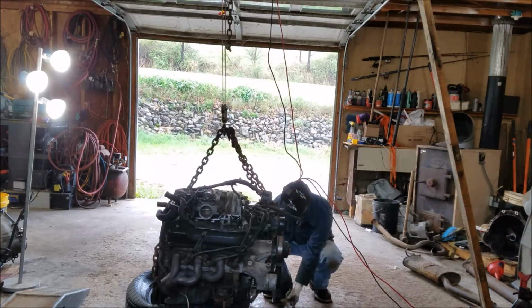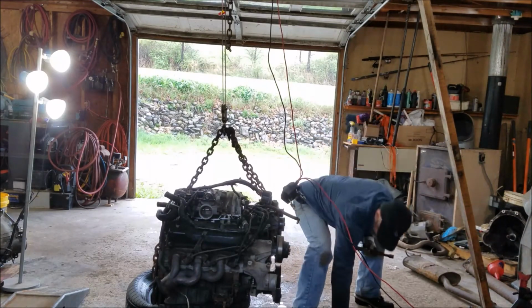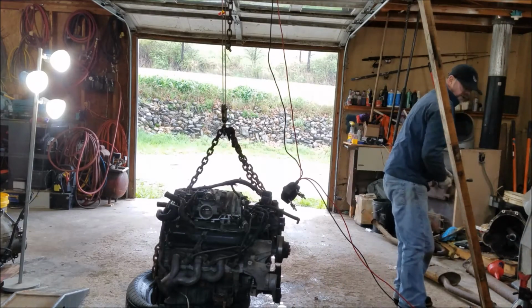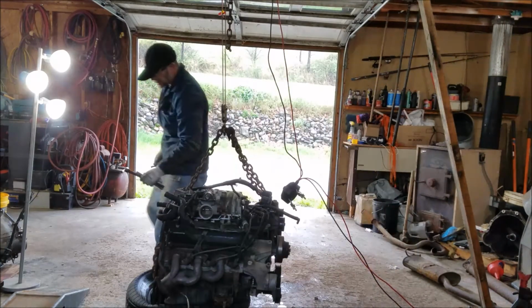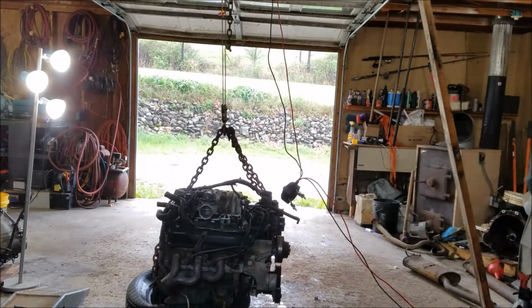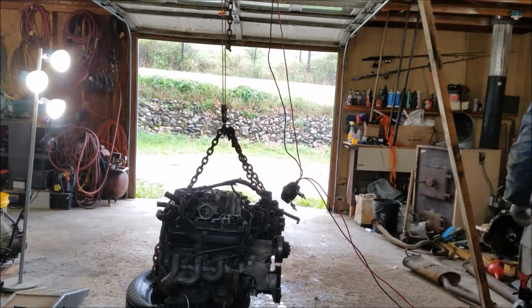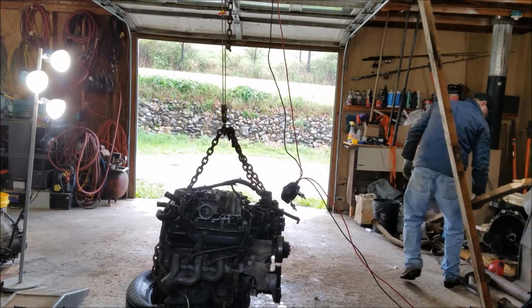Ends that evolution. Bolts together here, and the next go around. And we have completed the engine removal from the 94. And now we can look forward to doing the motor in the